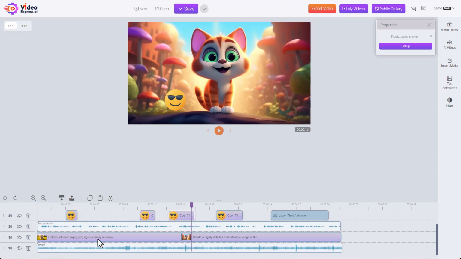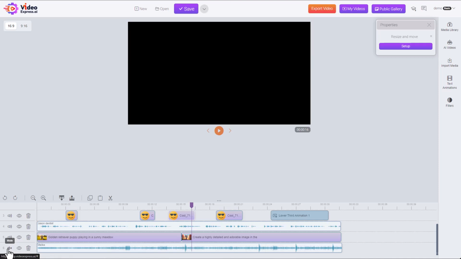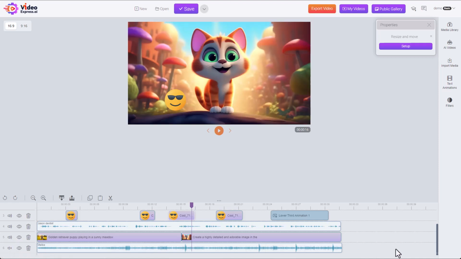So the final thing to show you are these controls on the tracks. We have a mute. This way you can quickly disable all the audio for all the audio clips on that track. This might be useful to mute a background track while you're working and you don't want to hear it, or if you need to quickly make two versions of the video, one with background music and one without, rather than having to delete it and re-add it and resize it, you can just mute the entire track.